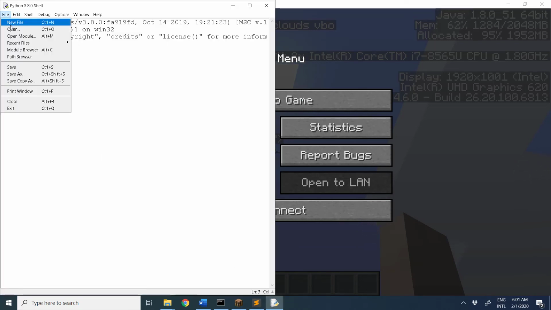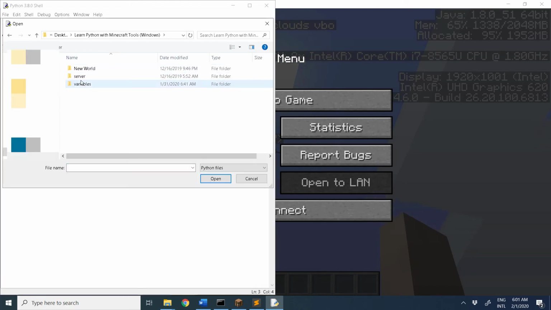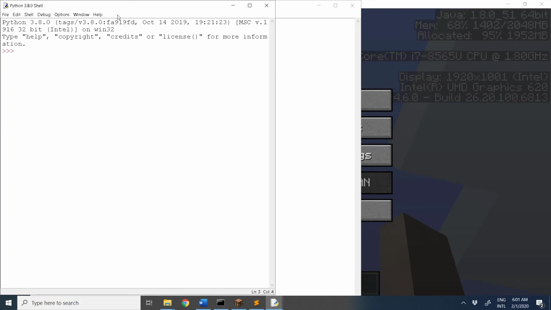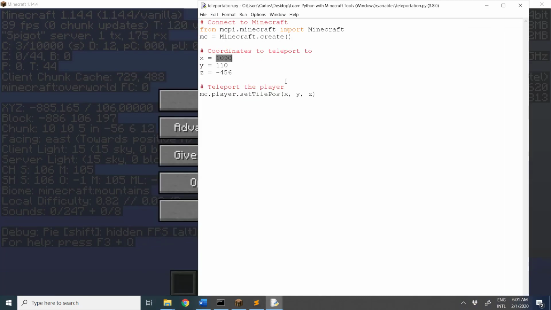will open the old friend of mine, Teleportation, and right here, I'm just gonna take notes. So I will collect the coordinates here. It's x negative 885, y is 106, and z is 197. Okay, and I will create a variable here called